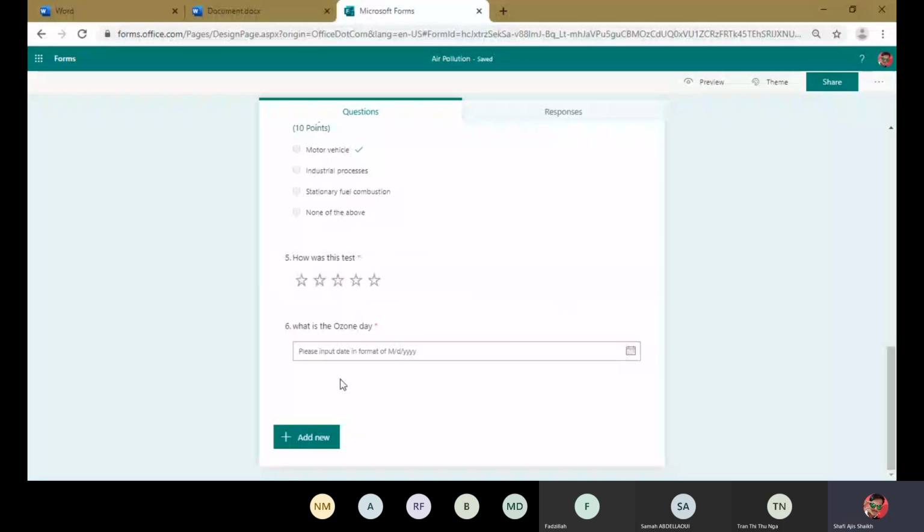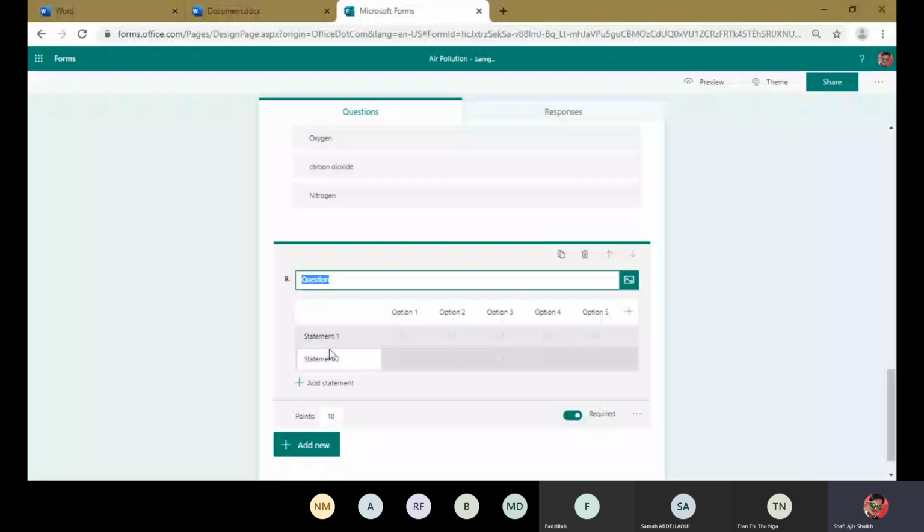Then next, add a new one. Now we'll see Likert questions. So in a Likert question, there are two options, rows and columns. In rows, we can type statements, and in columns, we can type options like this. Okay.